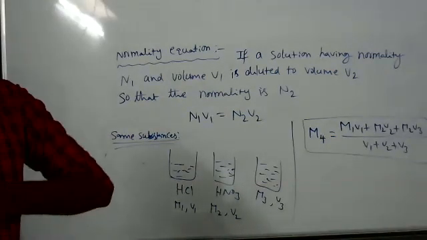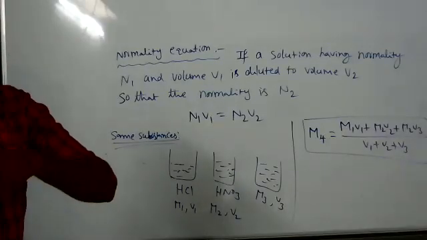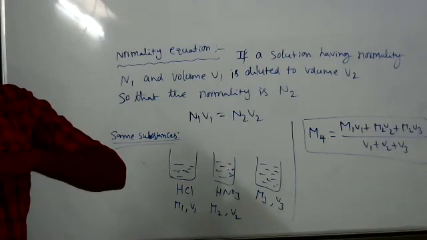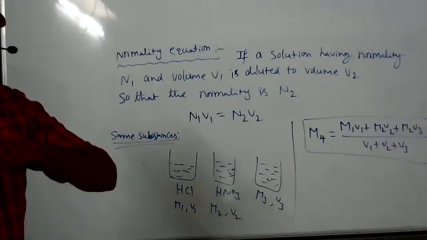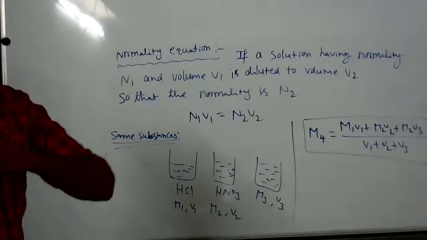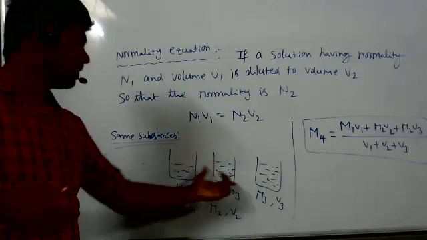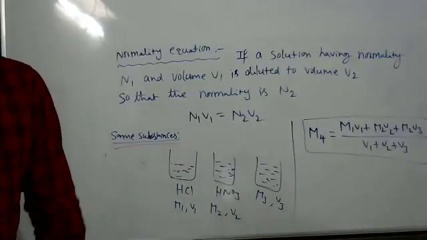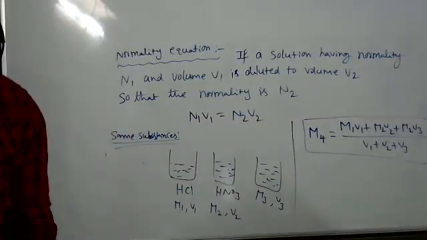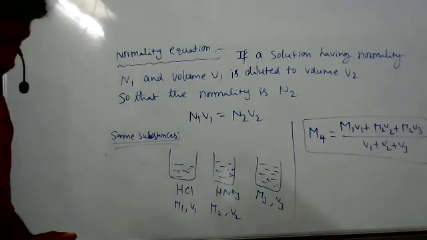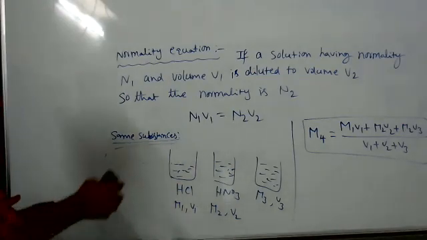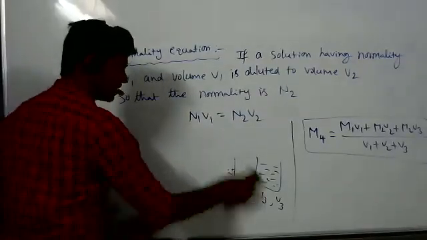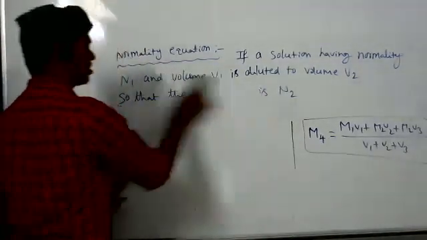So this is like a mixing of various fruit juices: lemon juice, orange juice, apple juice. If you mix all, then what concentration will come? Like that, here are solutions, but these won't react. If they react, we won't get the correct concentration. This is majorly used in cough syrups and injection solutions; while making them, these concentration terms are used.